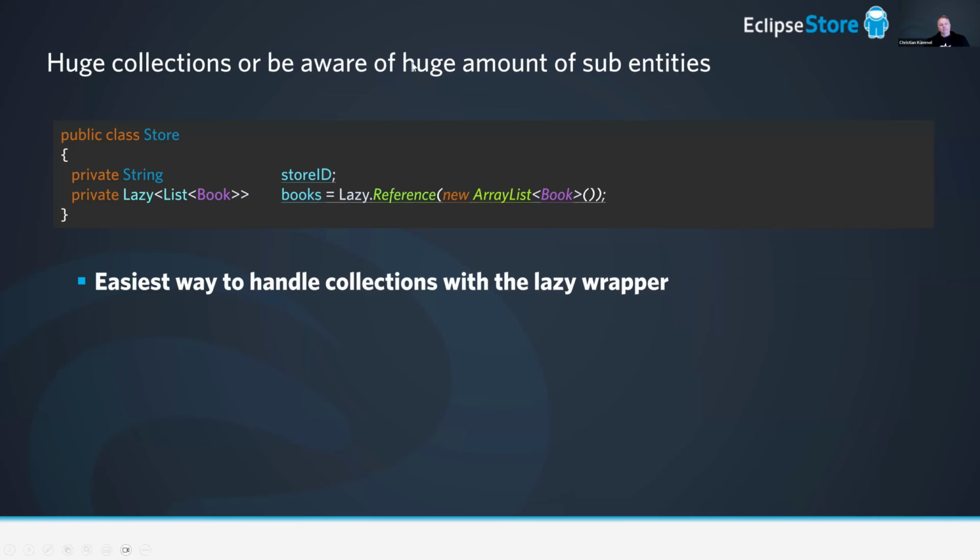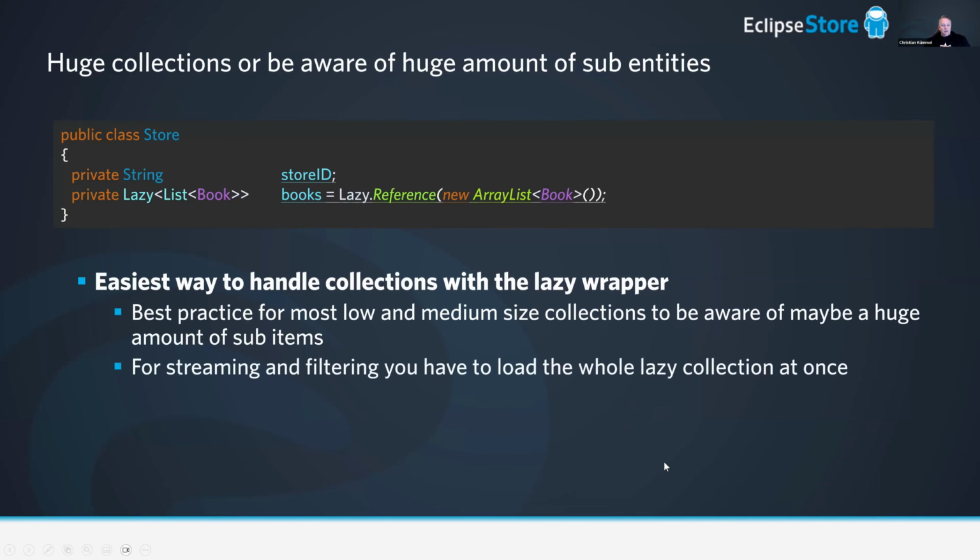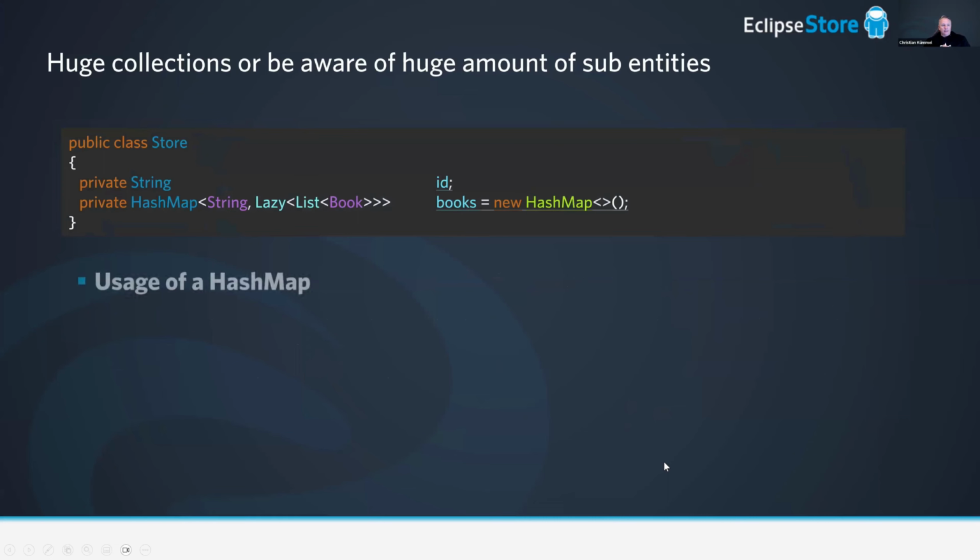So that means most of the time you will have the data in memory anyway. That's why I recommend, for most low and medium-sized collections,